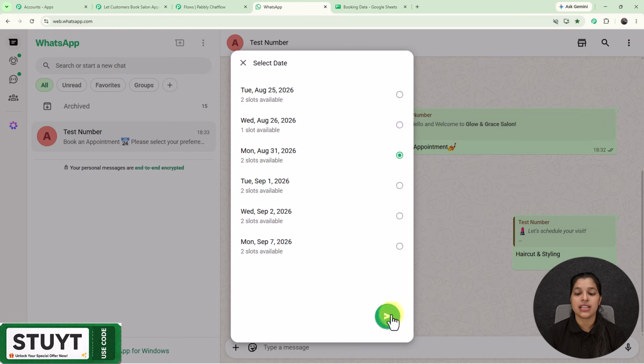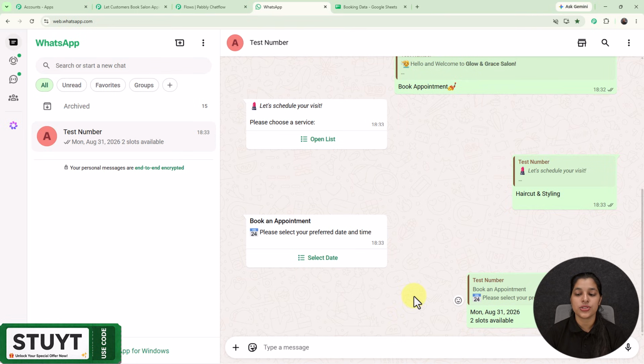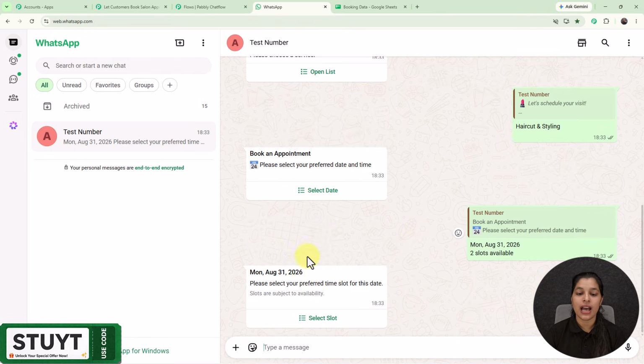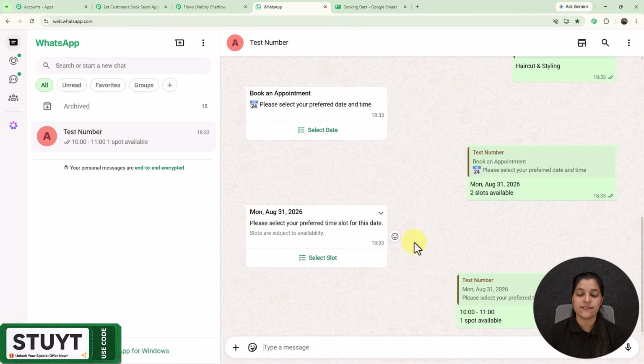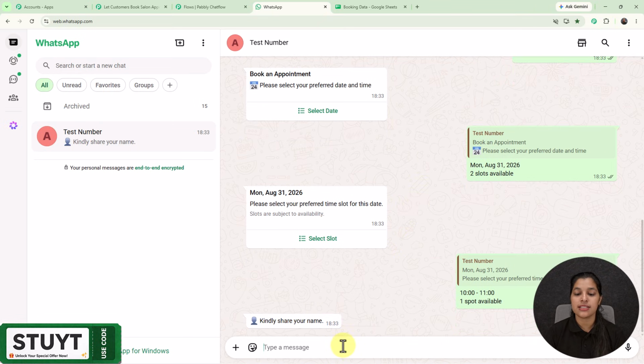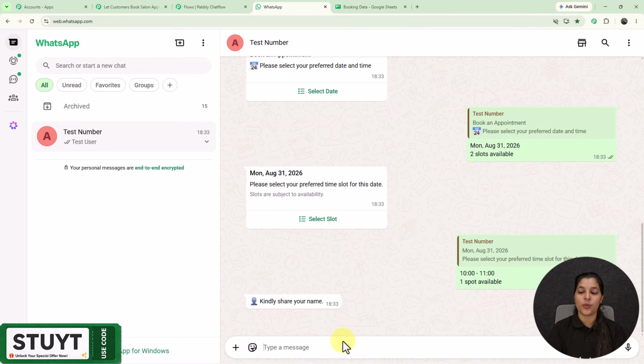So here I'm going to select this date that is 31st August 2026, and here as I've selected the date, I'm getting this message which is asking me to select the time slot for this particular date which I have just selected. So here I'm going to select this time slot that is for the 10 a.m. to 11 a.m. and as I have selected the slot, I'm getting this message which is asking me to enter my name. So here I'm going to enter my name as test user,